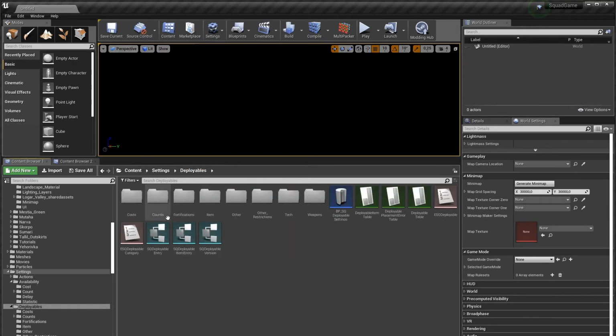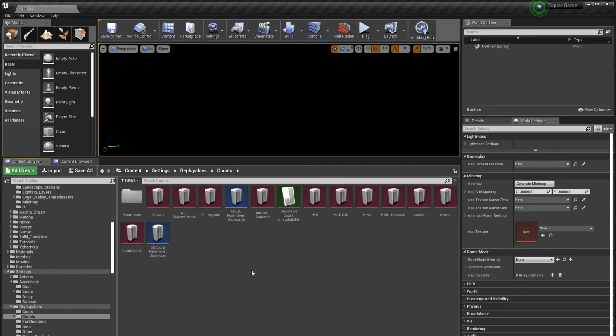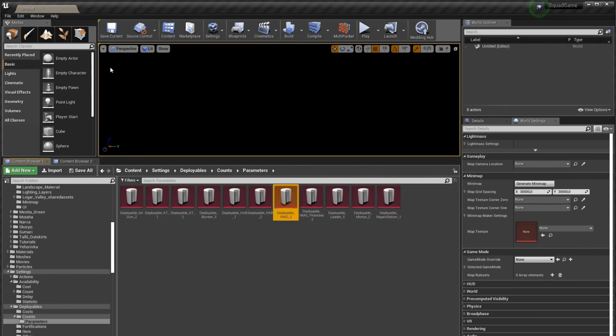And as a final thing, you will find the count restriction. It's a system which lets you select by type the actual restriction on the number of things that you can construct. So for an HMG, for example, with a deployable type target of HMG, it has a base availability per team of -1, which means infinite per team. But then per FOB, you will have a condition, a parameter of 2 HMG per FOB. If we look at that, this is a condition of max availability fixed to 2 per FOB.